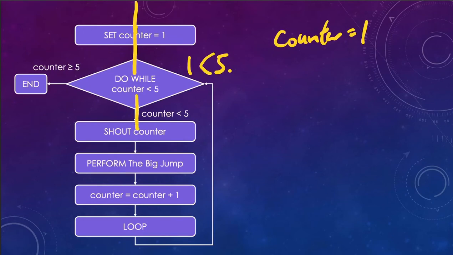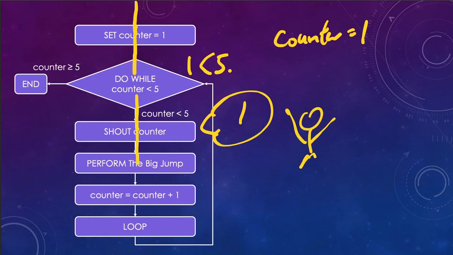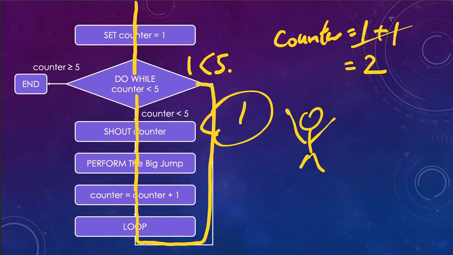So what's the first thing we do? We shout counter. Now what's the value of counter? It is 1, so we will shout 1. Now we will perform the big jump. Woo! And then now we will do counter equals to counter plus 1, which will give us 2. Then we will hit the loop, and we'll go all the way back up, and we'll check